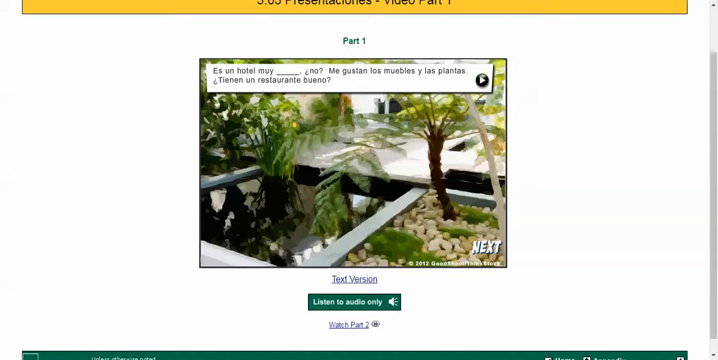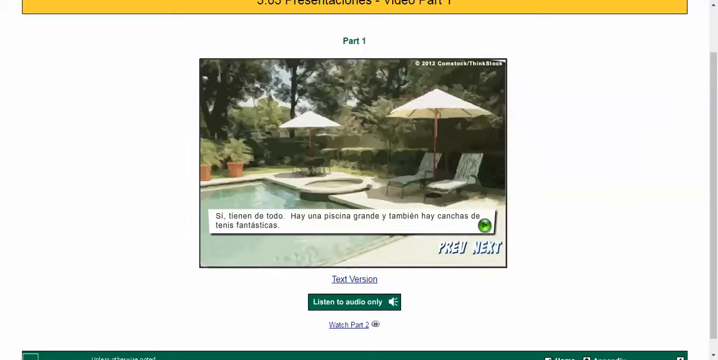You can listen like this to Es un hotel muy bonito, ¿no? Me gustan los muebles y las plantas. ¿Tienen un restaurante bueno? And you can just go to each slide and you'd have to click on this to